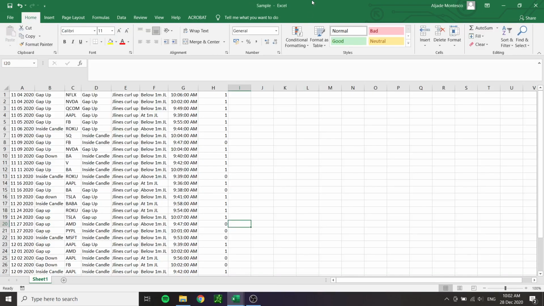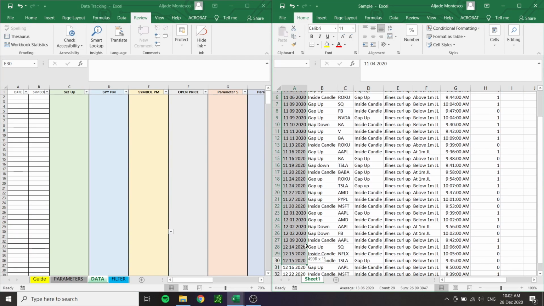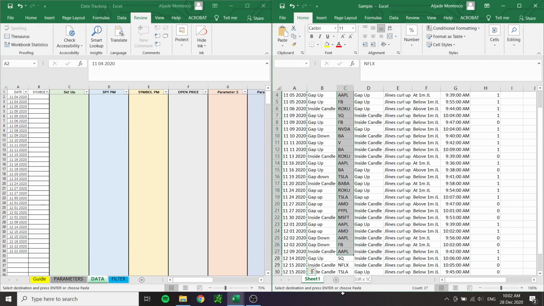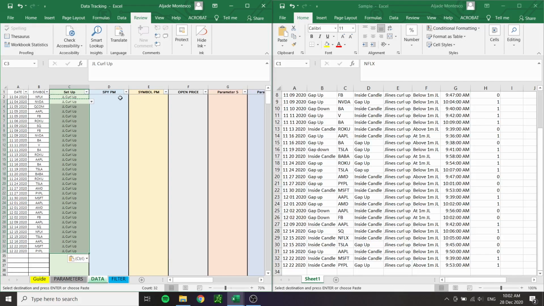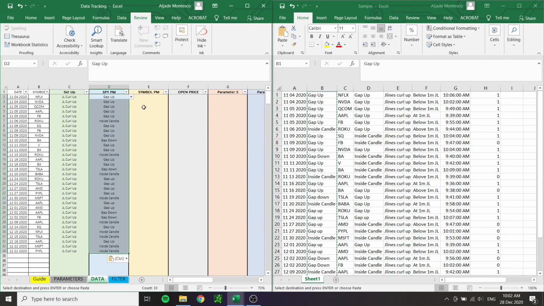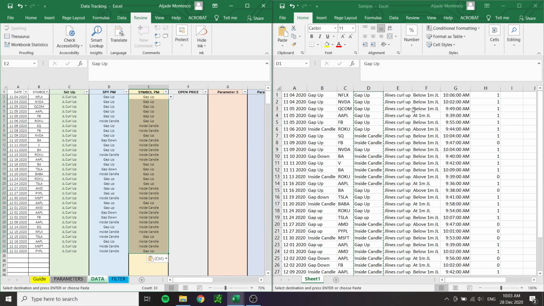Next, we proceed with the actual data. For this example, I have extrapolated a setup of mine for easier explanation. So I'll just be pasting this here. For the symbol, we have this. I mainly trade mid and large cap stocks with liquid options. And for the setup, since we only have one, let's just use that. Then for the SPY pre-market, we have that. For the symbol pre-market, we have this. And then for the opening price,